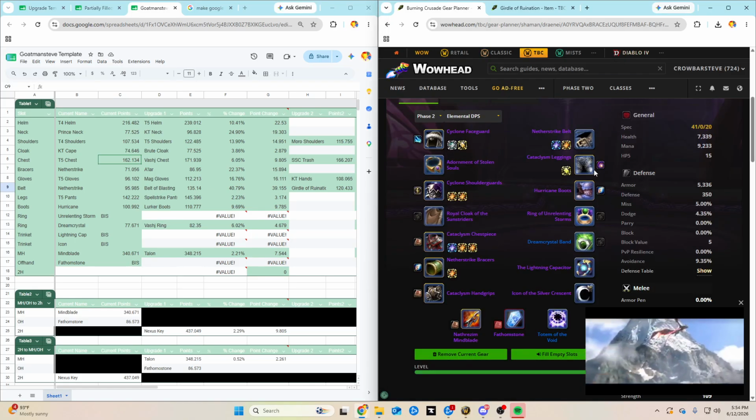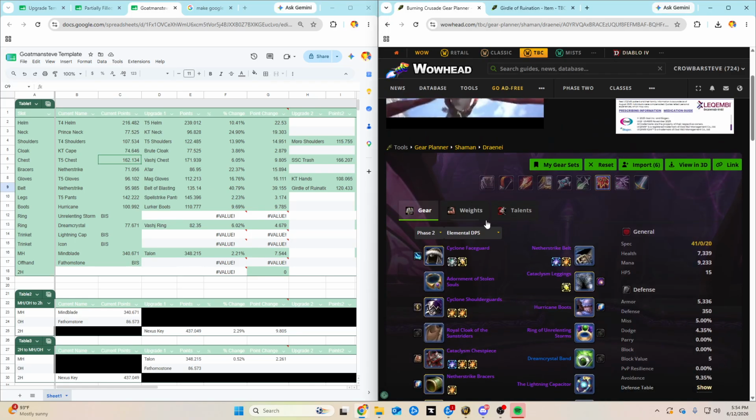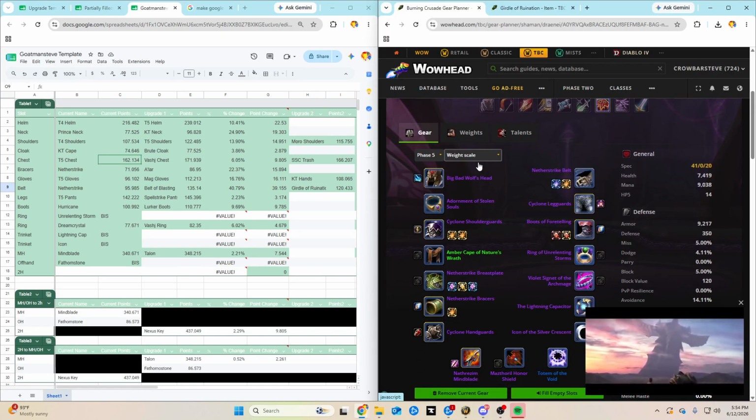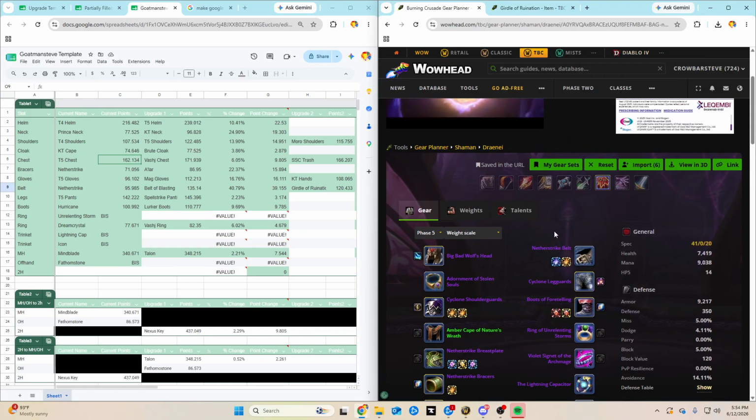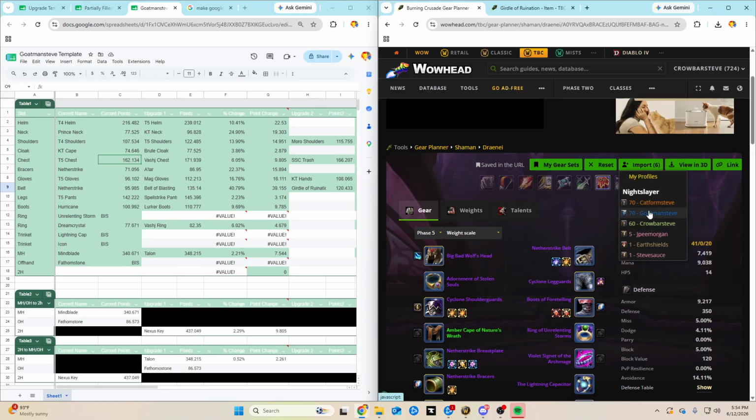The hardest part of this is getting set up on the WoWhead thing. I went through the first time and I manually input all of Goatman's gear, doing the exact same thing. It was a pain in the butt. I logged out, logged back in a few days later, and all of a sudden this import button had popped up. I don't know how to force this to